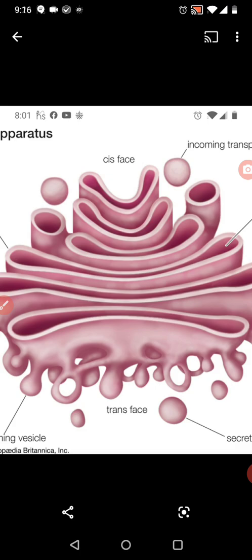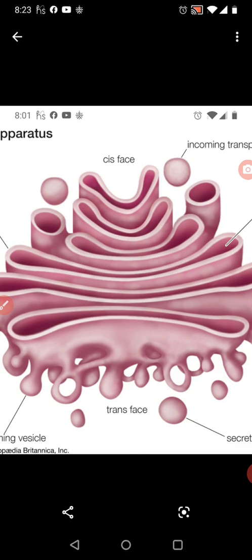Vesicles, children, you can see down below. These vesicles are globule-like structures. These vesicles mainly include enzymes, proteins, lipids, etc. At the top, the spherical ball-like structures are vacuoles. Again, they are used for storage, children. And these flattened sac-like structures, folded one above the other, are known as the cisternae.